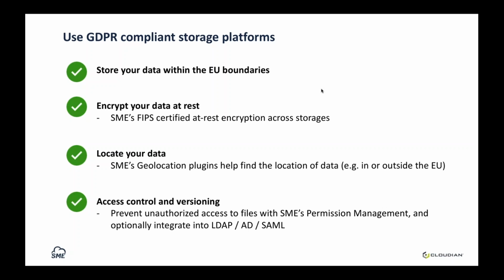We also provide location awareness. That's very important for GDPR. Enterprise File Fabric is aware of where the data is stored and what IP addresses the user is uploading or downloading the data from, and you can set up different policies for your data, plus for access. For example, this data can be accessed from certain IPs. This data cannot be accessed from outside